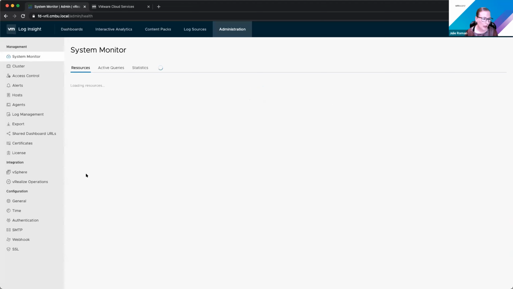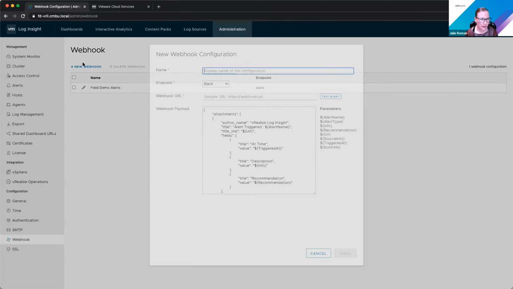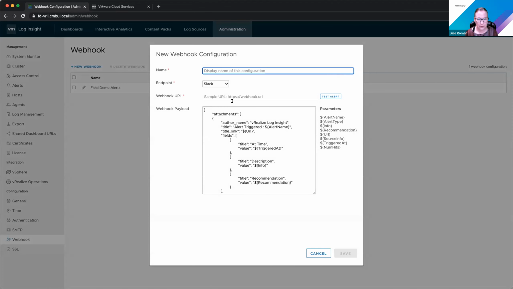Oh, okay. So on the webhook configuration, the payloads that we have defined are specific to Slack. So we are giving recommendations on parameters that you can add. I do have something in the slide deck where you can also add messages. So it would be $ and then messages in here, and that will give you up to 10 sample log messages in your alert payload. But these are the parameters that you can configure. So hopefully that answers your question.